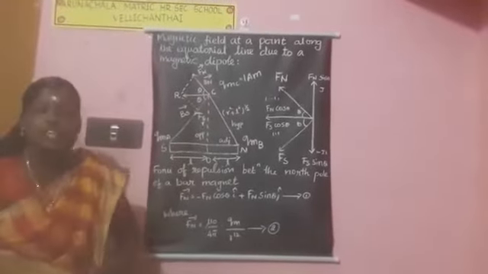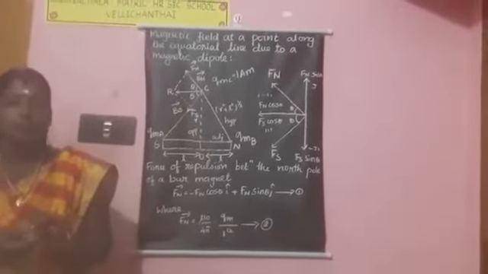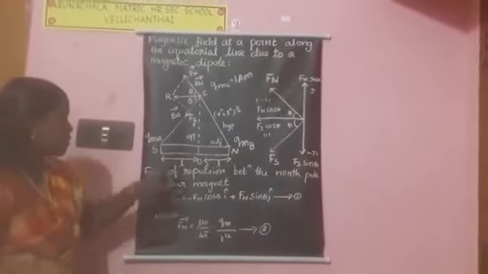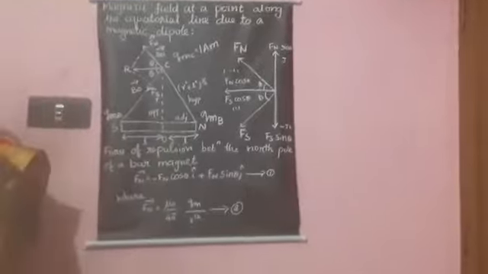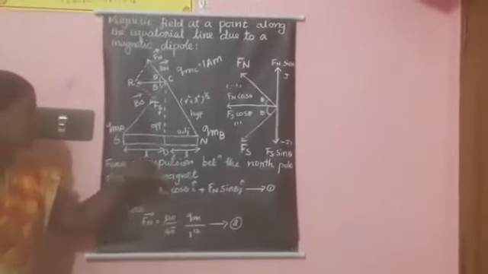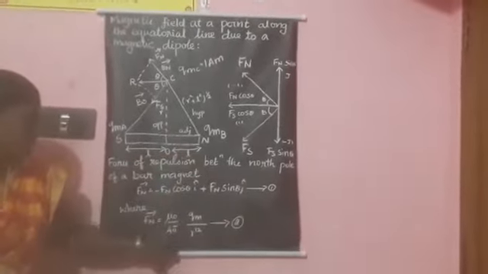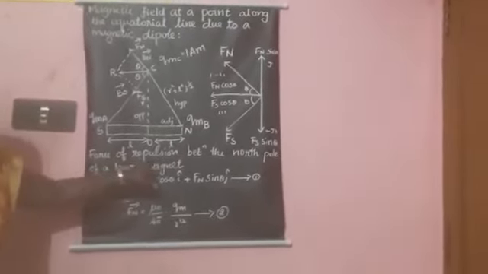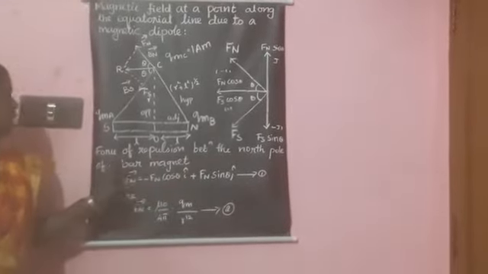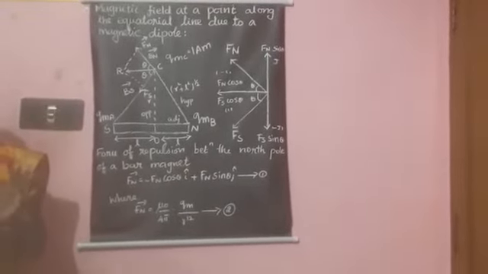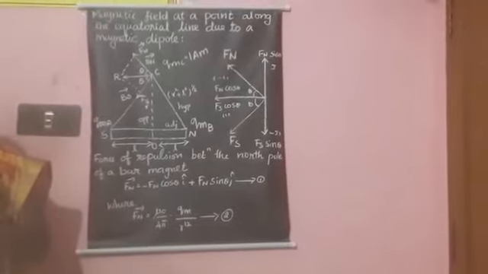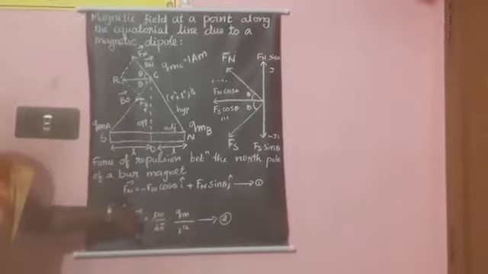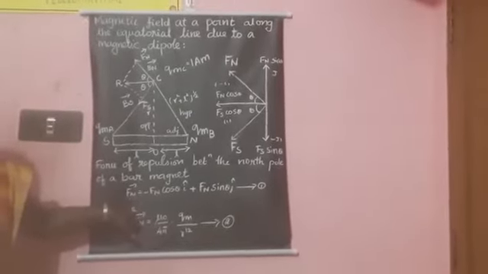Can you say Coulomb's inverse square law? Say the definition. Coulomb's inverse square law states that the force between the two poles is directly proportional to the product of pole strengths and inversely proportional to the square of the distance between them. Next, the force of repulsion on the north pole of a bar magnet is denoted by Fn vector. What is Fn vector? The force acting on the north pole of a bar magnet.